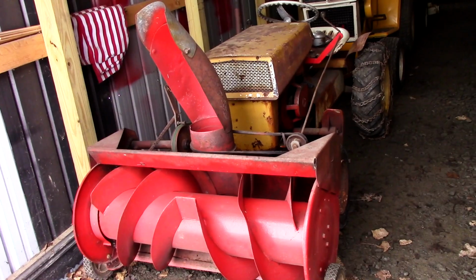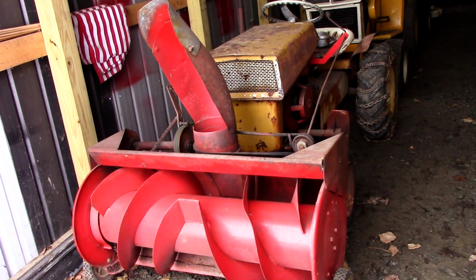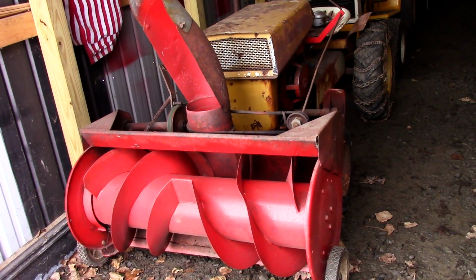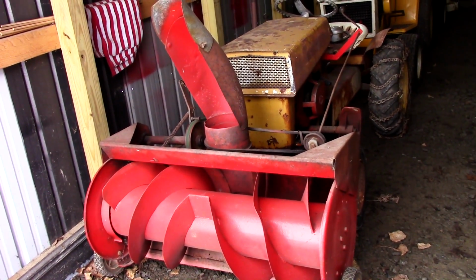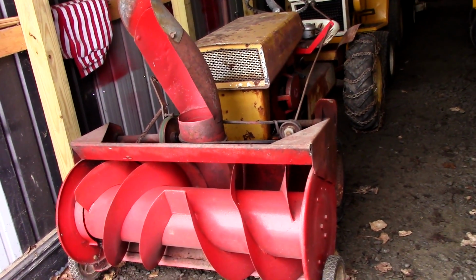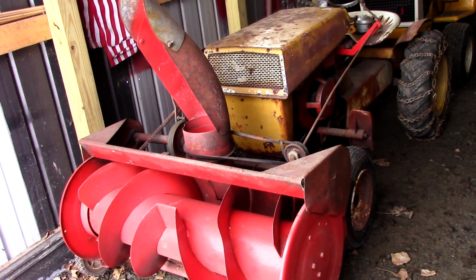The engine on it's just not quite what I would like it to be. It's got some issues with the governor, which I don't like. And it doesn't run right in the wintertime. I can't seem to get the carburetor dialed in. It runs great in the summertime, but in the wintertime it just does not seem to want to run. And with the governor issues and me just not being a big fan of this being an aluminum block Briggs,